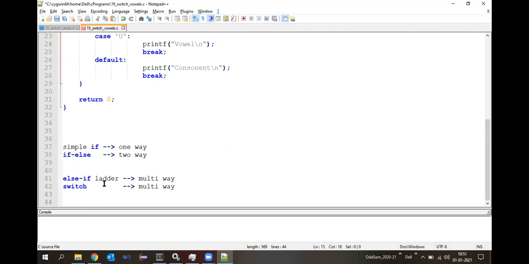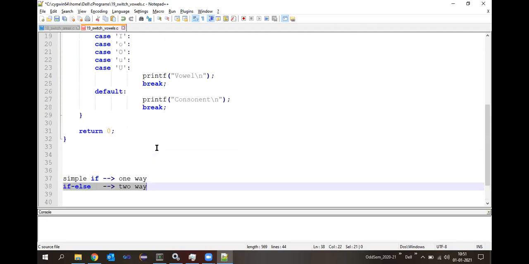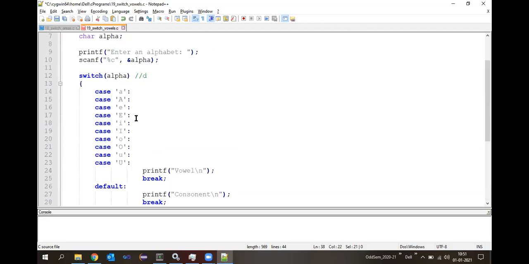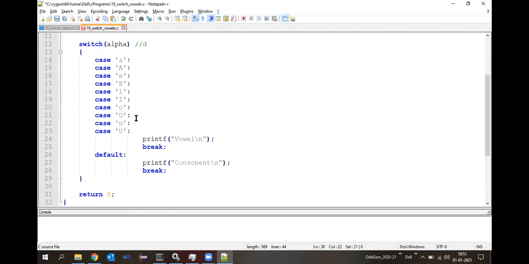More precisely, here we can even use a simple if else, because if you look into this branching, I can say there are only two branches: one is vowel, the other is consonant. Are you getting my point here?